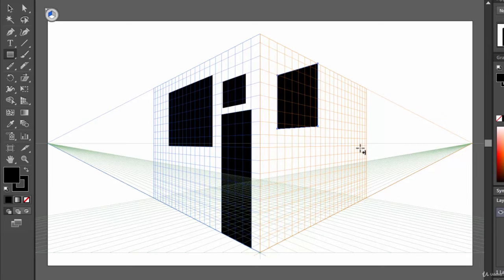But see, you may have thought that this window will be drawn like this, right? But it's drawn as if we are drawing on this left plane, or this left side. So how can we draw on this right plane or this right side?